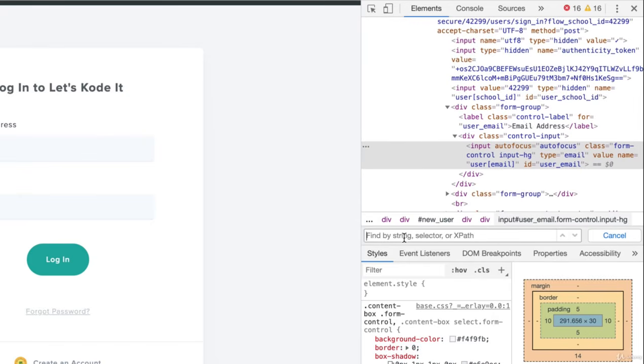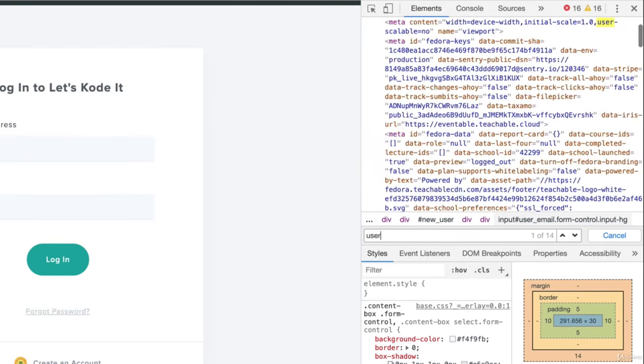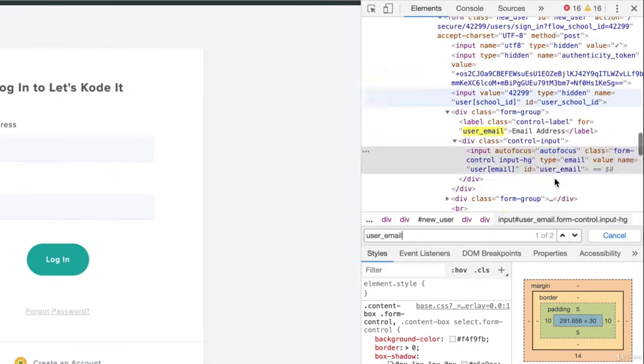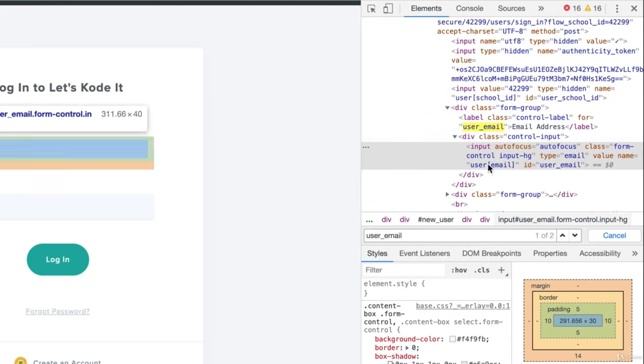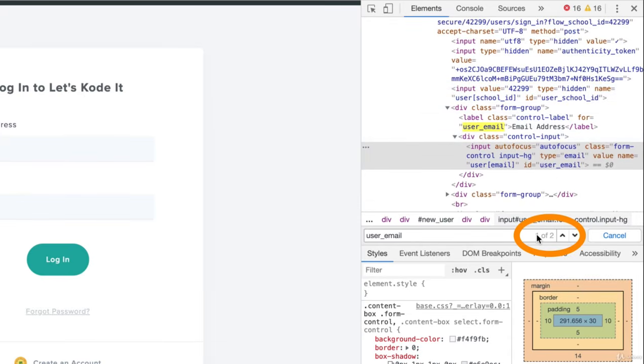What you see here is find by string, selector, or XPath. You can pretty much put any kind of locator strategy here and Chrome DevTools will find the elements. So even if I type user_email, you can see that it just finds everything with it. And here you can see it has one of two, which means it found two elements with user_email.